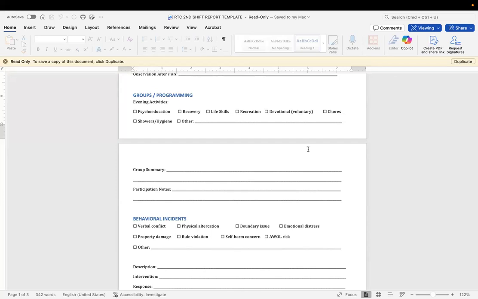Showers and hygiene, extremely important that we're notating that for patients, because we need to be able to show, hey, they are taking care of themselves, or hey, they're not. And when you have to remind somebody to go take a shower, that's just as important as if they're not taking it. Obviously, if they're not taking it when you remind them, then that's a whole other level. But if you're having to remind a grown adult to go take a shower, or encourage them to go take a shower, then that needs to be discussed with the team so that we can start working toward that.